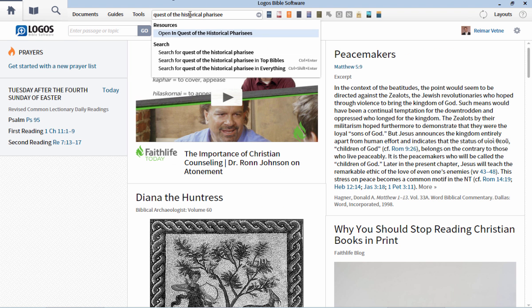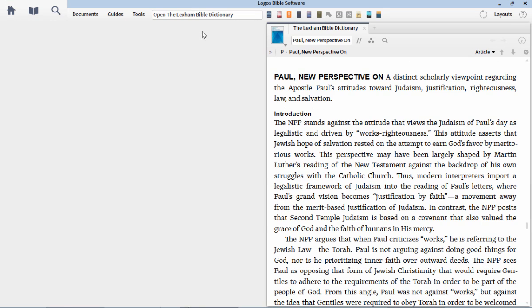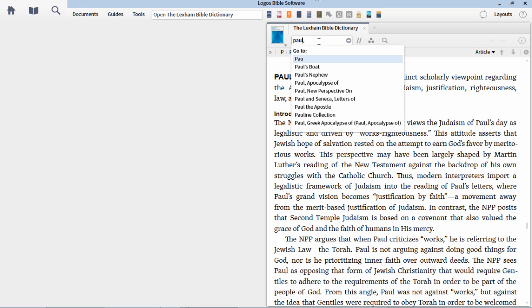Now, if you want to take a look at Paul and Judaism and the new perspectives on Paul, there is a very good article that you should read, that you have. Everybody has the Lexham Bible Dictionary. You don't need to buy it. You have it in your collection, whatever collection you have. In this box here, you open the book, Lexham Bible Dictionary, and if you just type in Paul,